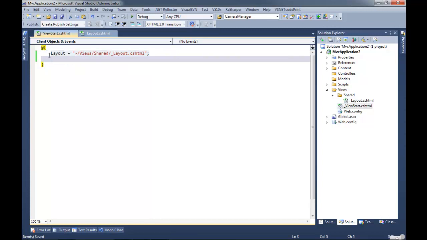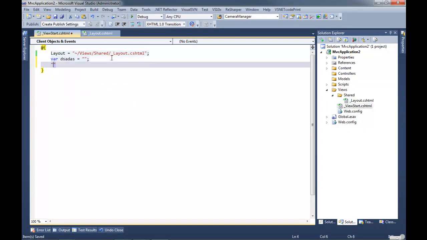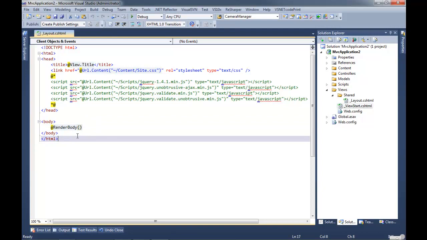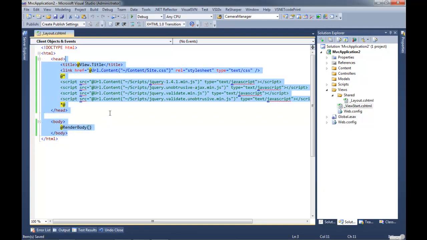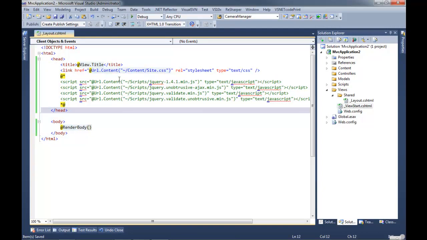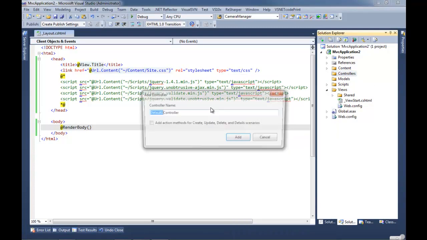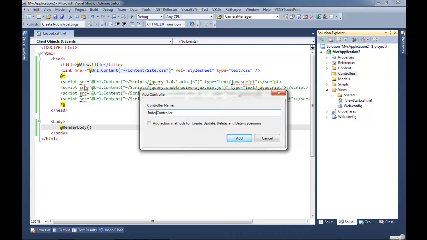Okay, so we replaced all those nasty code nuggets with a really clean @ symbol, and then to create multiple statements, we have these braces. And this is just normal C# code. Gotcha. So now you can just code. That's awesome. Honestly, that was the one thing that did kind of concern me, because I'm still trying to get into coding C# on a much more regular basis, and it's already a lot to take in. So I don't want to have to remember to put in percent signs around every single line of code. Exactly. It's so much cleaner. And when you see the model stuff, Jason, you're going to love this. Watch this. Let me create an index controller.